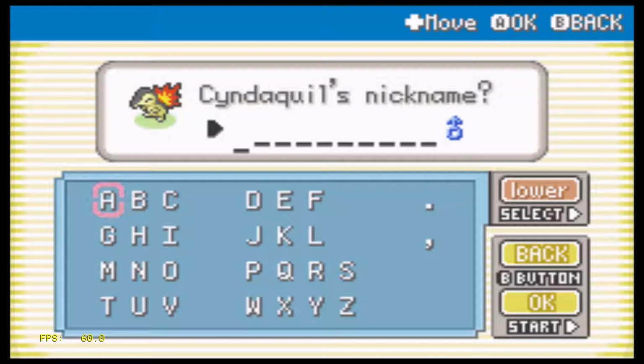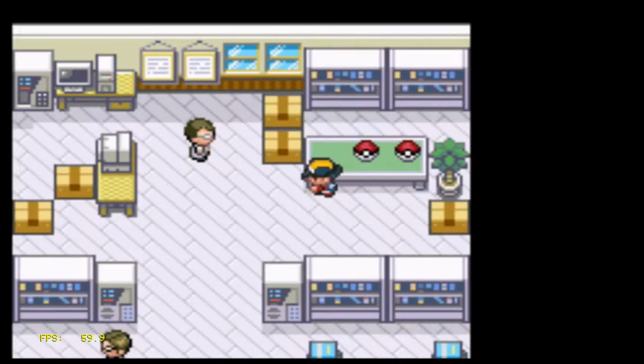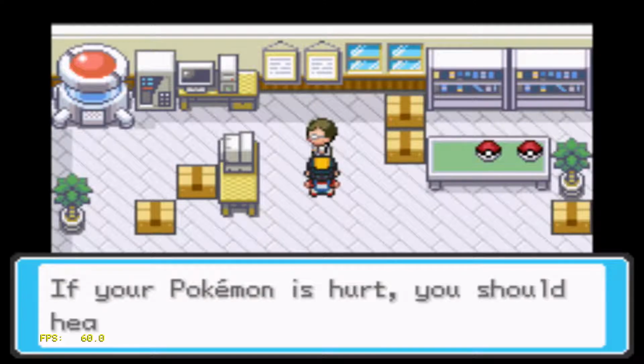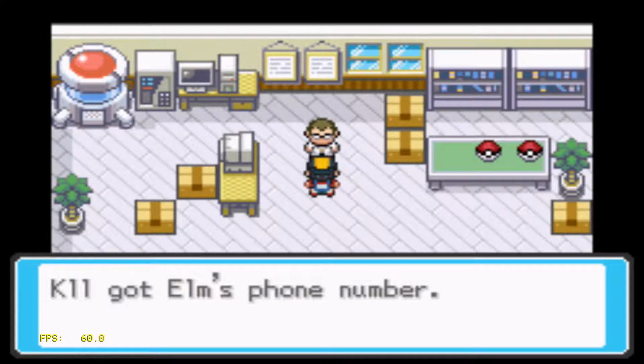How would I name a Cyndaquil? I'm just gonna name you... I will name you Flamer, because I am absolutely sure I will get some flames from people. You will protect me. Alright, so just like with regular Pokemon Gold, Silver, Crystal, Heart Gold, Soul Silver, we gotta